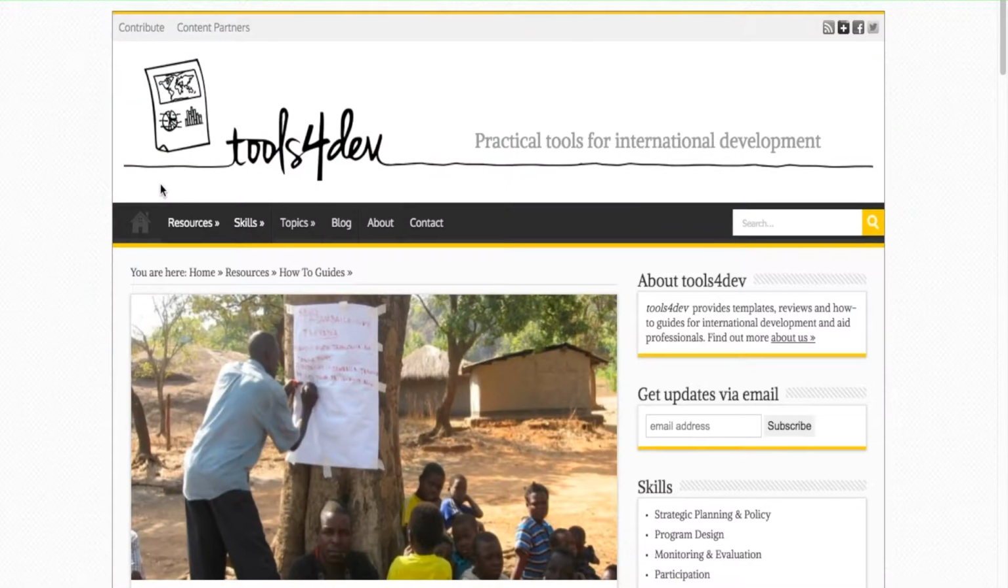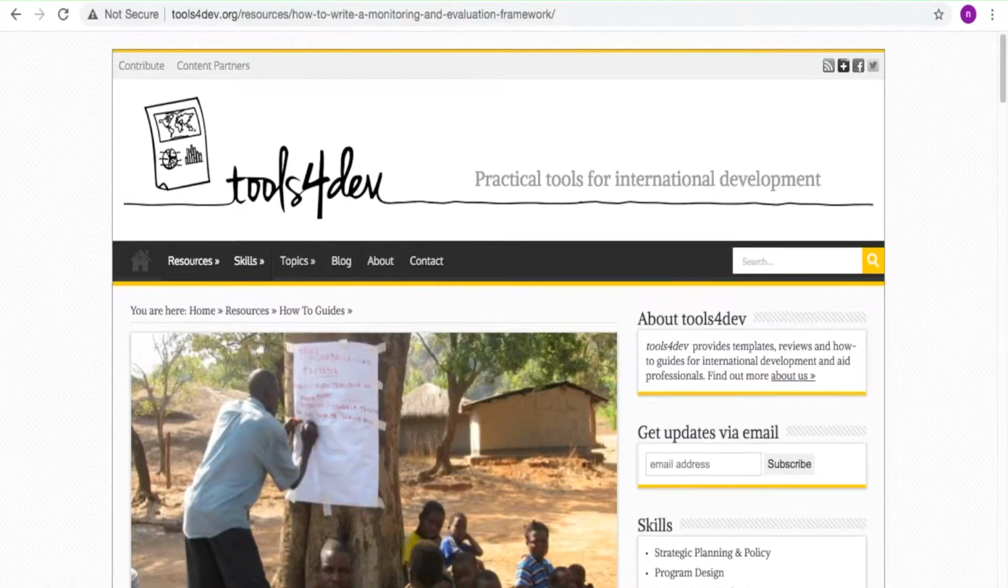And this is just an example, to give you an idea of how a monitoring and evaluation report is prepared. Let us now see how to write a monitoring and evaluation report, and this I have taken from the website toolsfordevelopment.org,